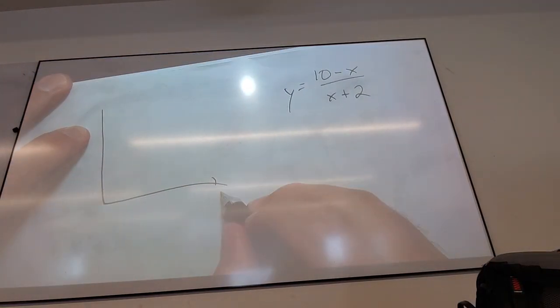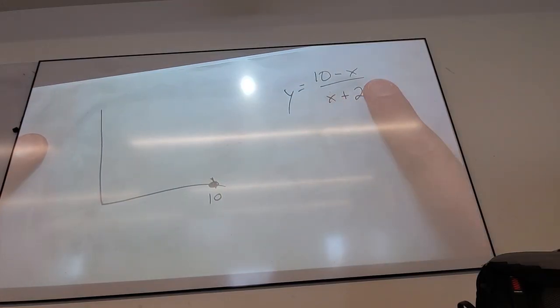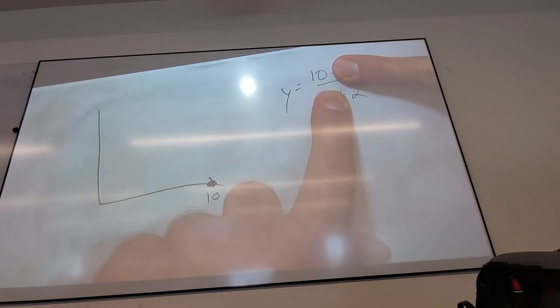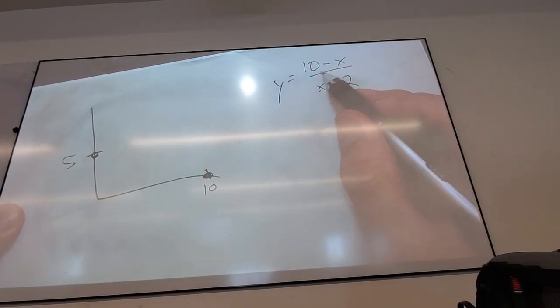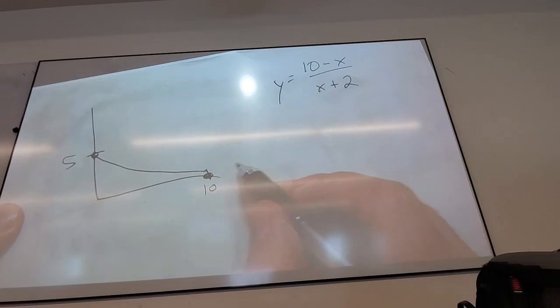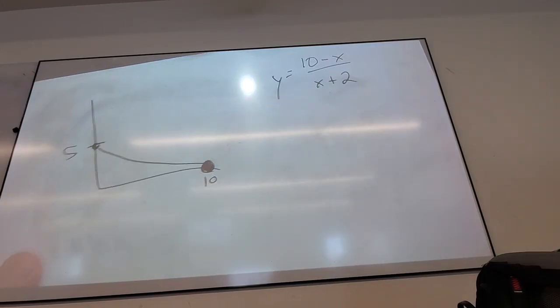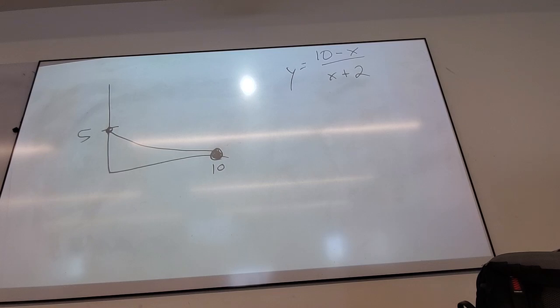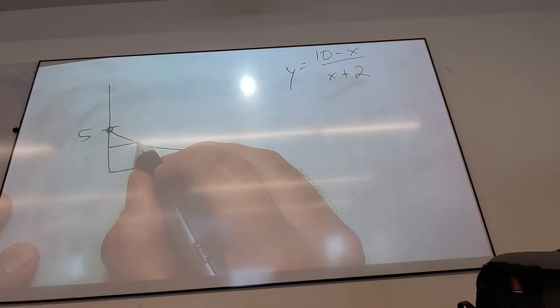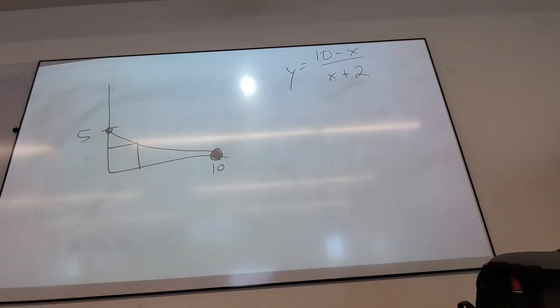How do I get the y-intercept? Make x 0. What do you get when you make x 0? 5. And then you could, if you wanted to, put something in the middle, but it almost doesn't matter how these connect. Now, can you draw a rectangle that is contained by those walls? Yes? There it is.